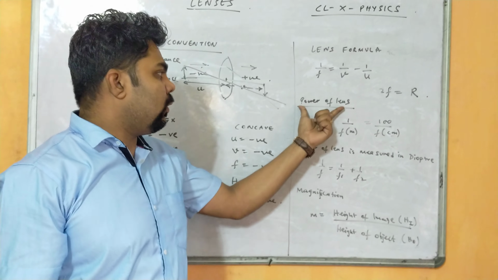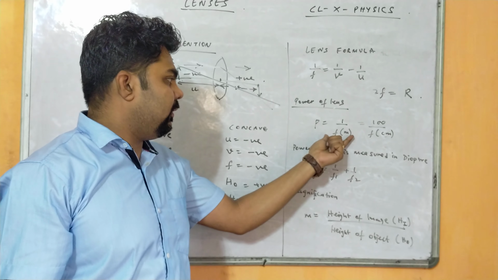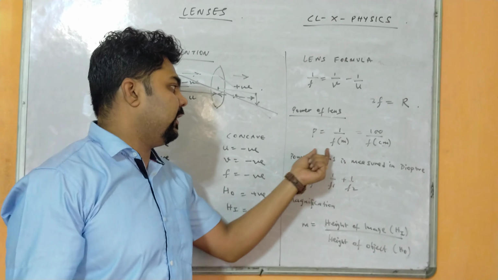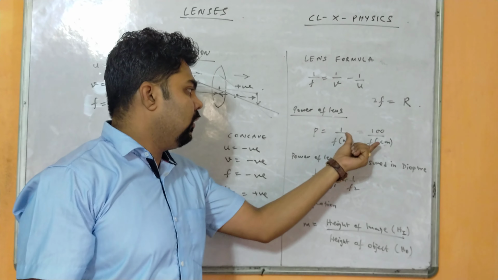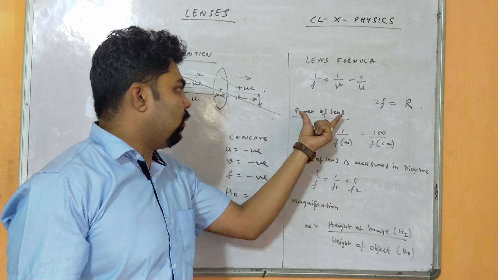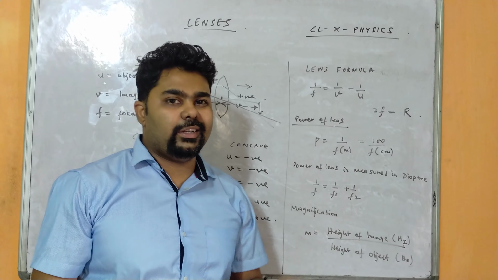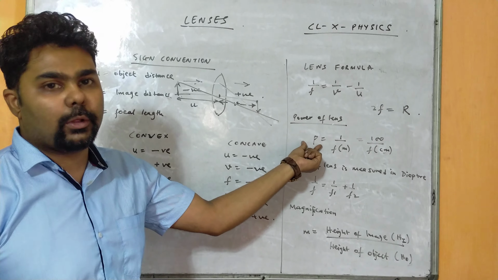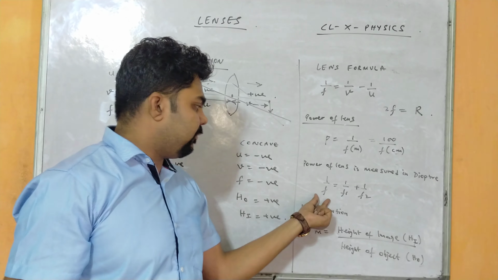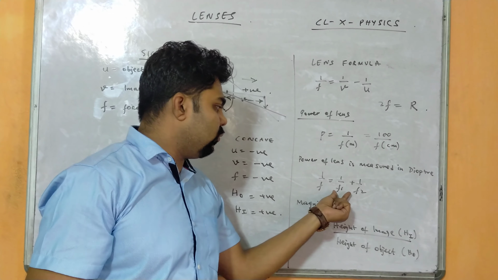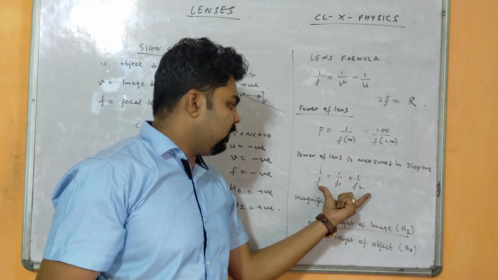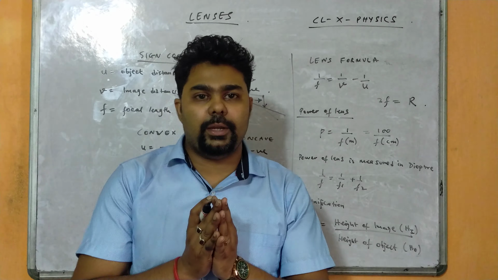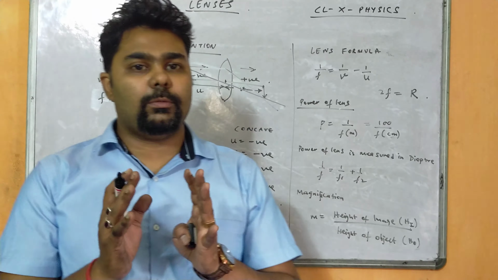Now the power of lens. In order to find the power of a lens, we have to take the reciprocal of the focal length, and that has to be in meters, right? So this is the formula for calculating the power of a lens, and it is measured in diopters. Diopter is the unit of power of a lens. And the formula which you see, that 1/f = 1/f1 + 1/f2, is the formula for the combination of two thin lenses. When two thin lenses are combined, the reciprocals of their focal lengths get added up.